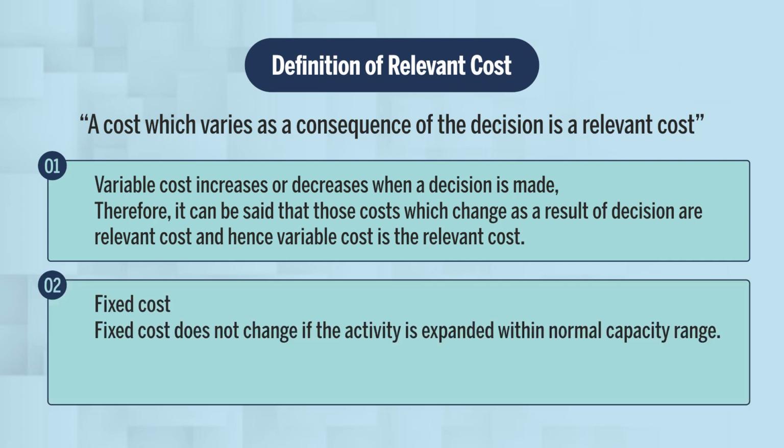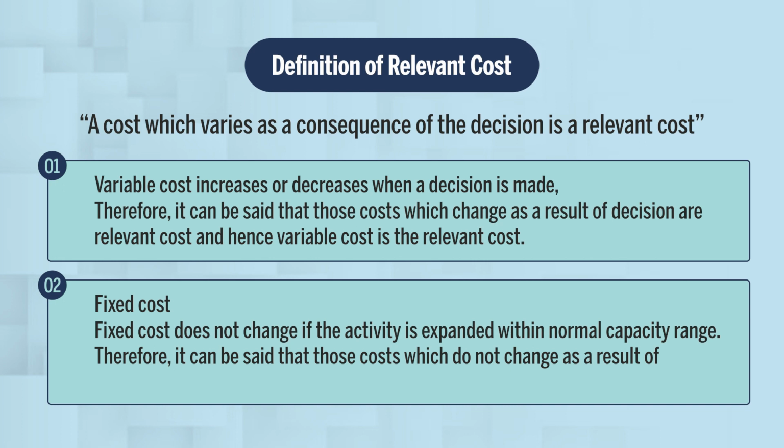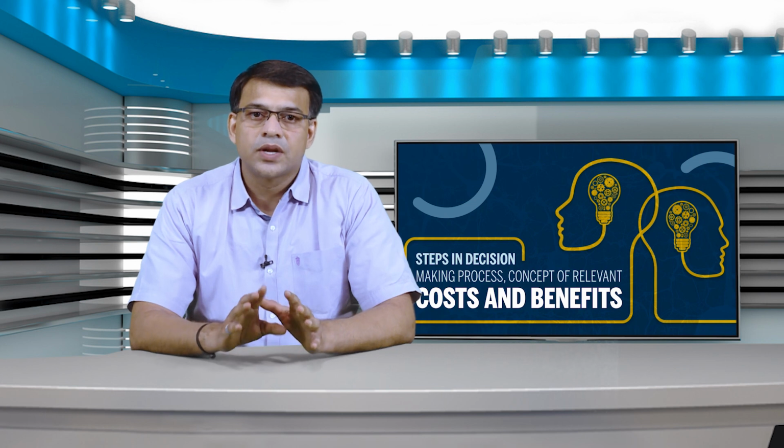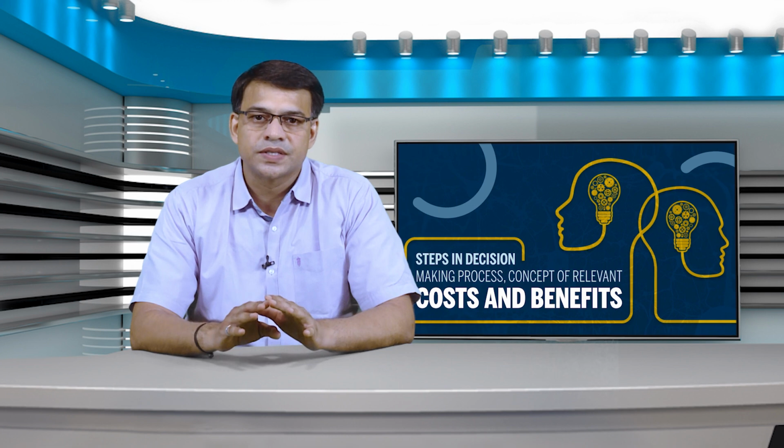Fixed cost does not change if the activity is expanded within the normal capacity range, and therefore it can be said that those costs which do not change as a result of a decision are irrelevant costs, and hence fixed cost is the irrelevant cost. But it cannot be concluded that variable cost is always relevant cost and fixed cost is always